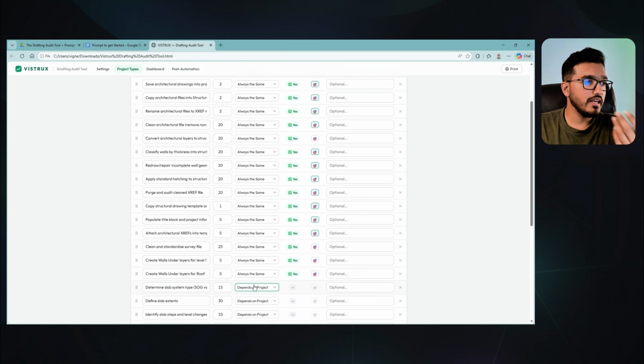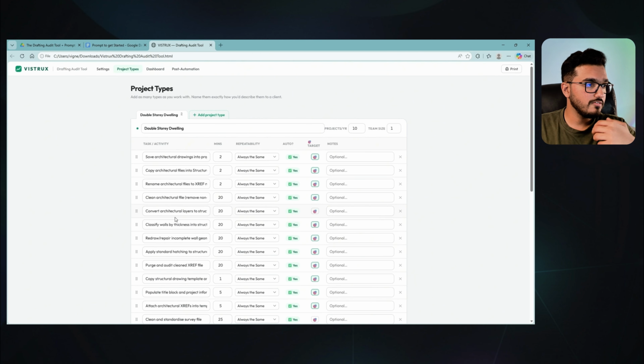But things like renaming architectural files into XREF or repairing incomplete wall geometry, these sort of things are always the same. Again, you are following step 1, 2, 3, 4. I have